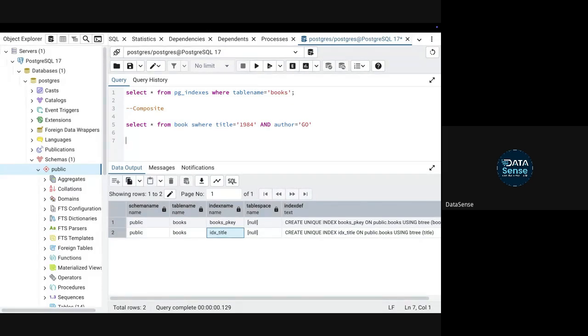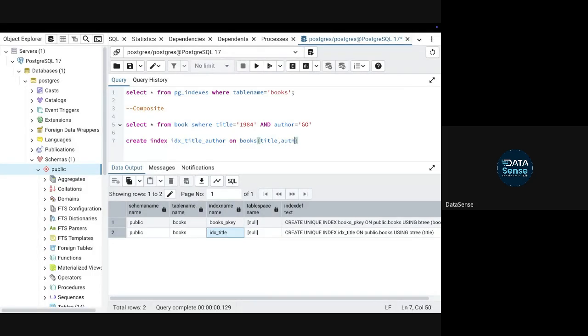The steps remain same. You will simply use create index, okay, idx underscore title underscore author on, what do we write here, books, and we just mention the column names, let's say title and author.